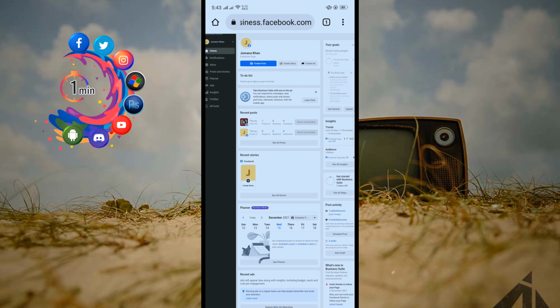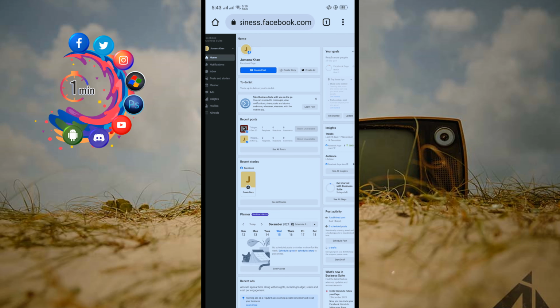Okay, there is no way to schedule a post on our Facebook profiles. You must have a Facebook page to schedule a post. Okay, after that click on create post,